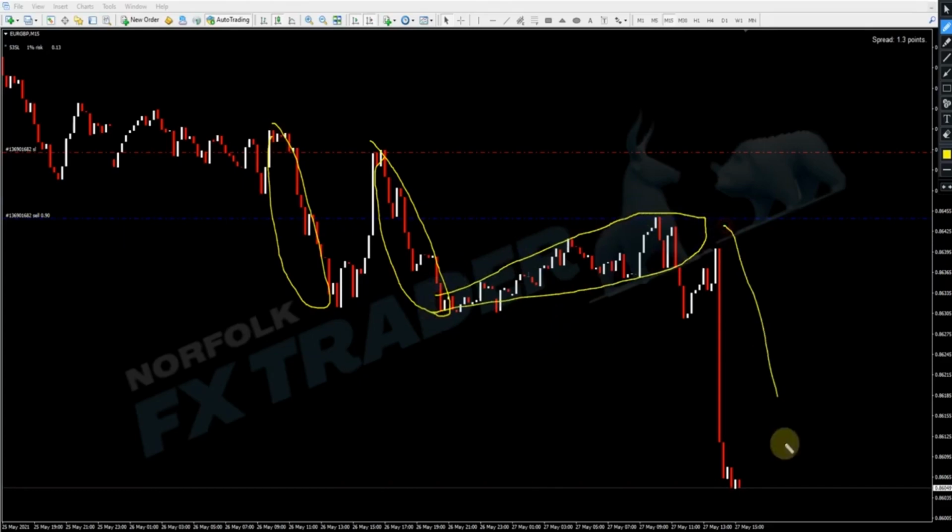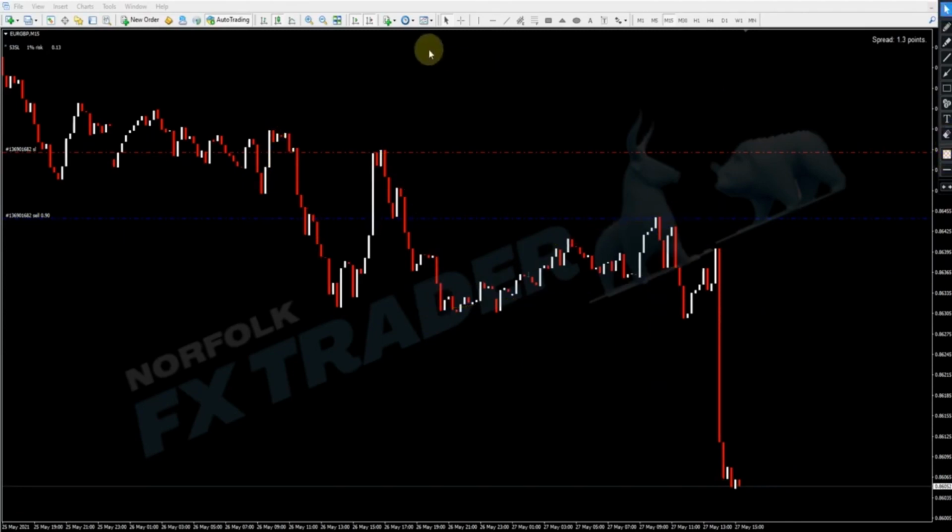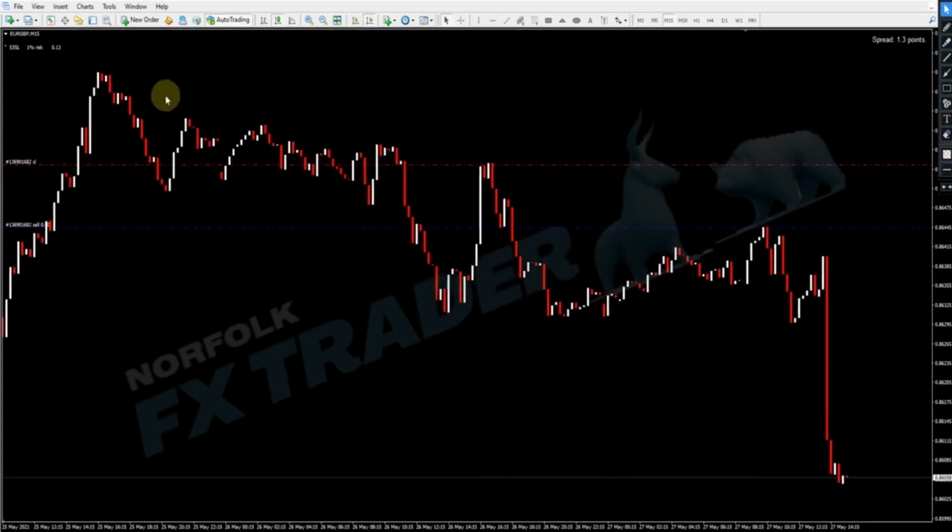So seeing this big drop is no surprise to me. It's just following the price on the chart, understanding the way the markets move. We just scroll back. You can see here we had the first move sideways, momentum drop, pull back, came back